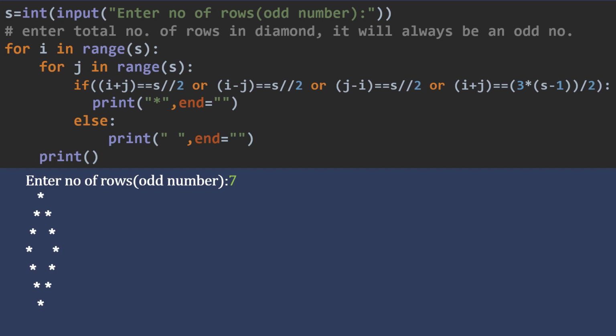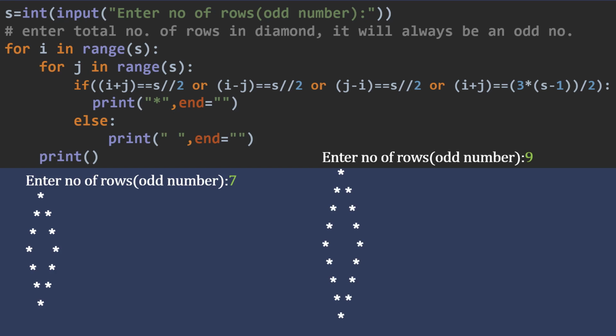So once you run the program and you have entered the number of rows or the size as 7, then you can see the output is like this. It will be having 7 rows and 7 columns actually. If you print a space after the star, then you can get a distinct figure where the stars will be a little bit separated and you'll get a nicer picture. Here I have not given space, so it is looking narrow, but it is like this only. If you enter the number of rows as 9, then you'll get the pattern like this.